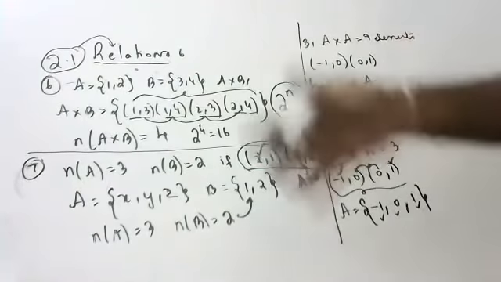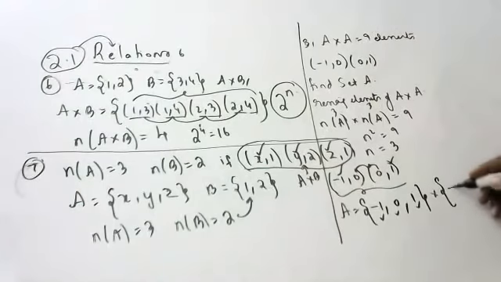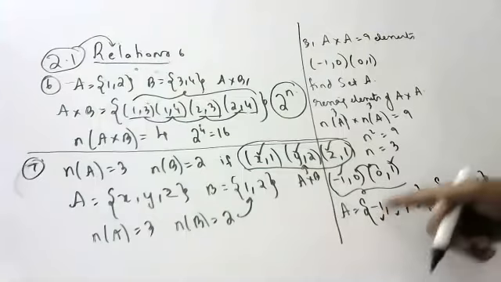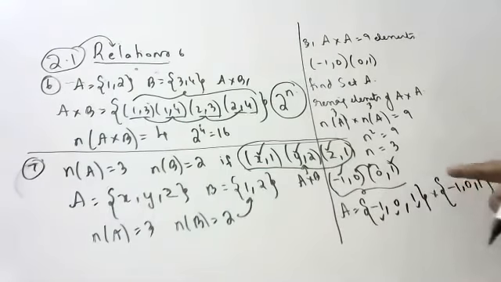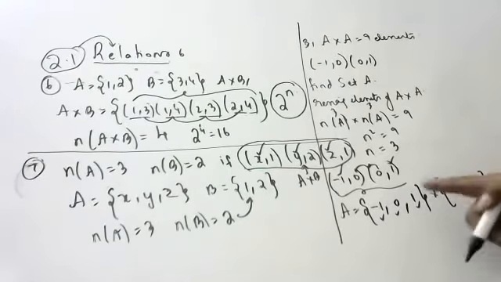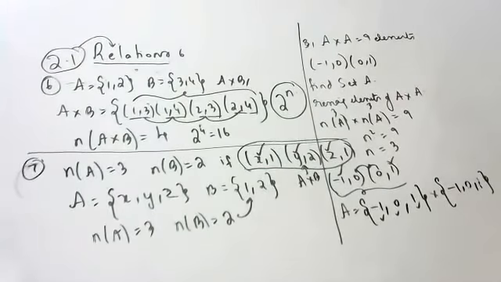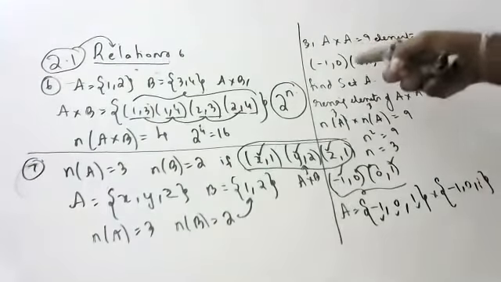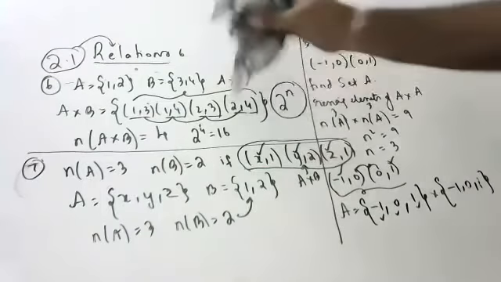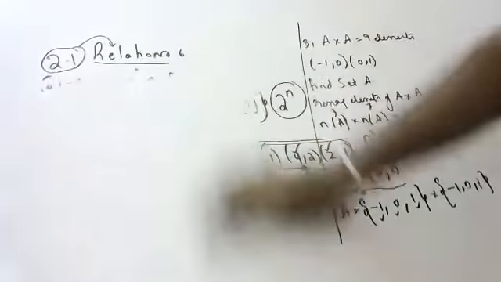And now write all the remaining elements he is asking. So you take minus 1, 0, 1, and write down all the ordered pairs: minus 1, minus 1; minus 1, 0; minus 1, 1; 0, minus 1; 0, 0; 0, 1; 1, minus 1; 1, 0; 1, 1. Write all the ordered pairs, children. Anyone have any doubt in this? You can ask me, children. Because he only gave two ordered pairs, from them I can see 3 different elements that are possible. More than that, nothing is possible, children.